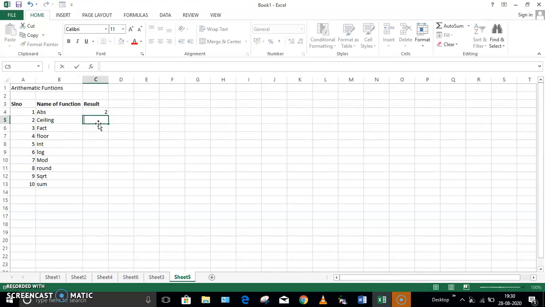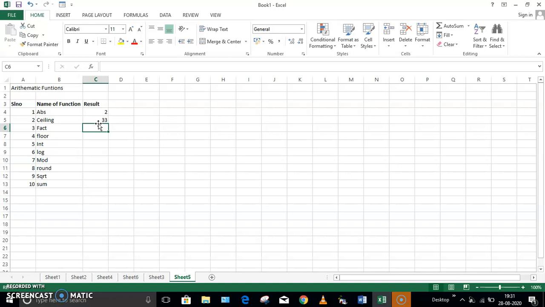Equal to CEILING, in the bracket, the number I am giving is 32.7 and the significance is 1. Okay, and press enter. You can see that it is going to the nearest multiple of the significance.